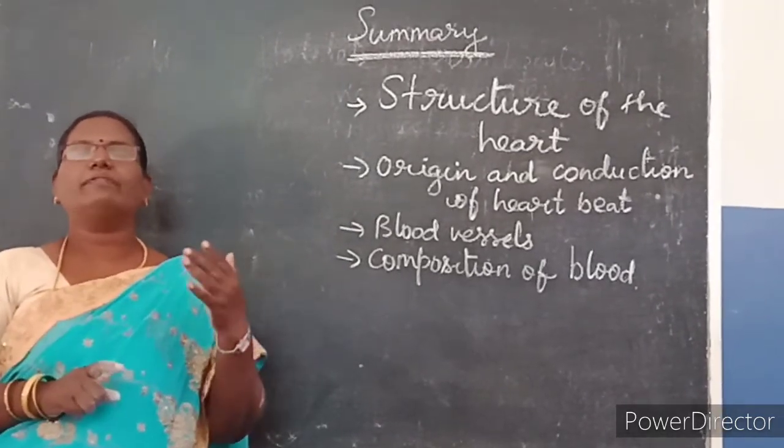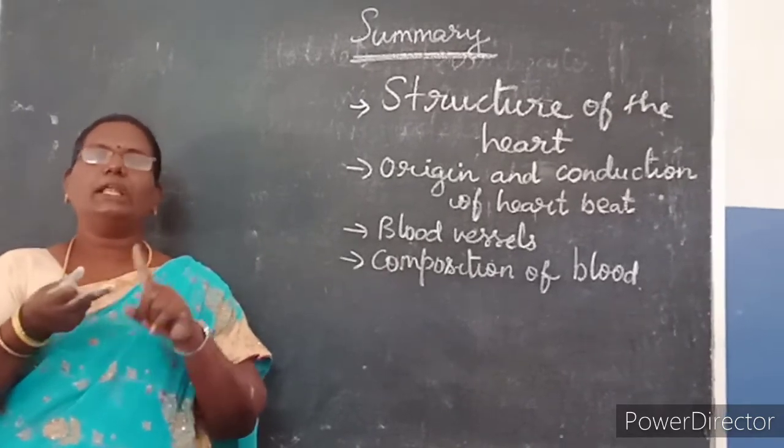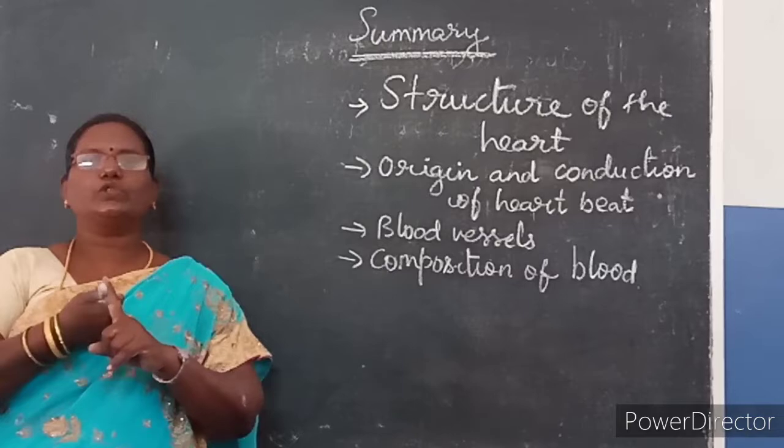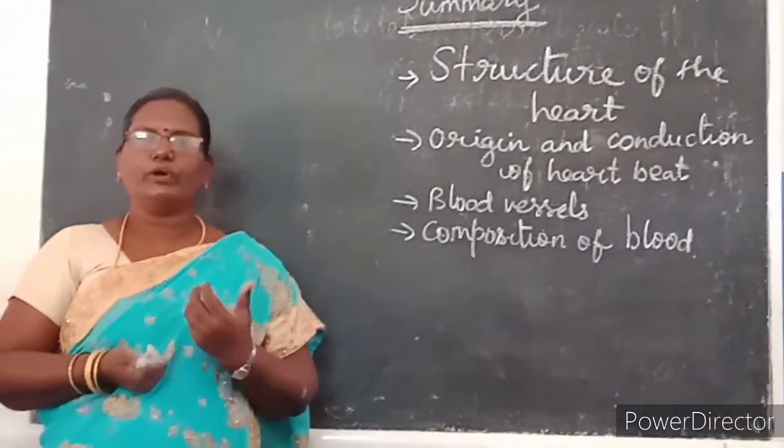So what are the types of WBC cells? Monocyte, lymphocyte, eosinophil, basophil, and neutrophil. What is the other name for the platelet? It is known as what? Thrombocytes. It helps